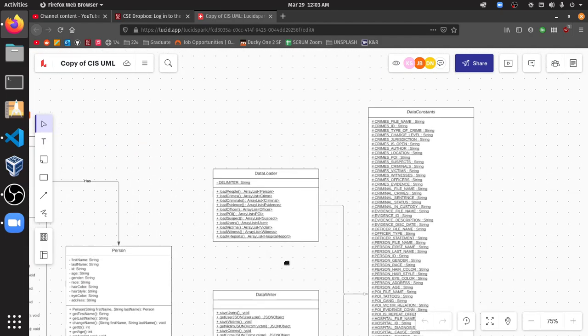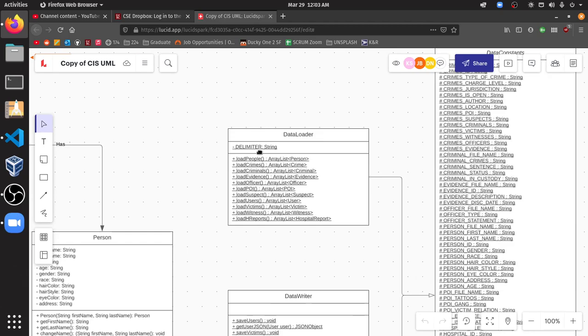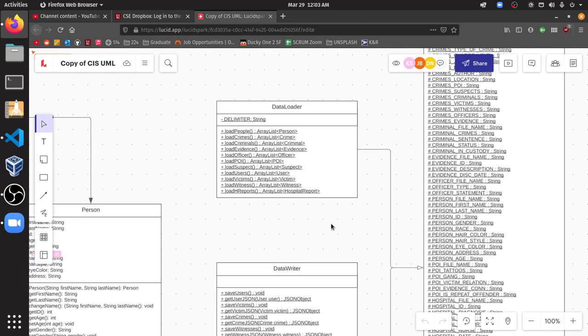Now, next up is going to be data loader, and up at the top I included a private static string variable, a delimiter, and all it was was an empty space. And this is used to split a string into a string array, and this was so that way I could intake objects. Now, for all of the methods I have, quick